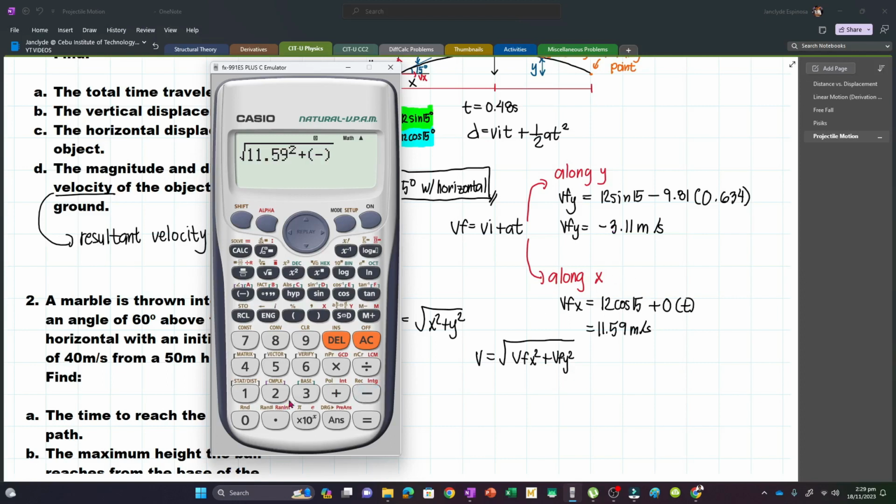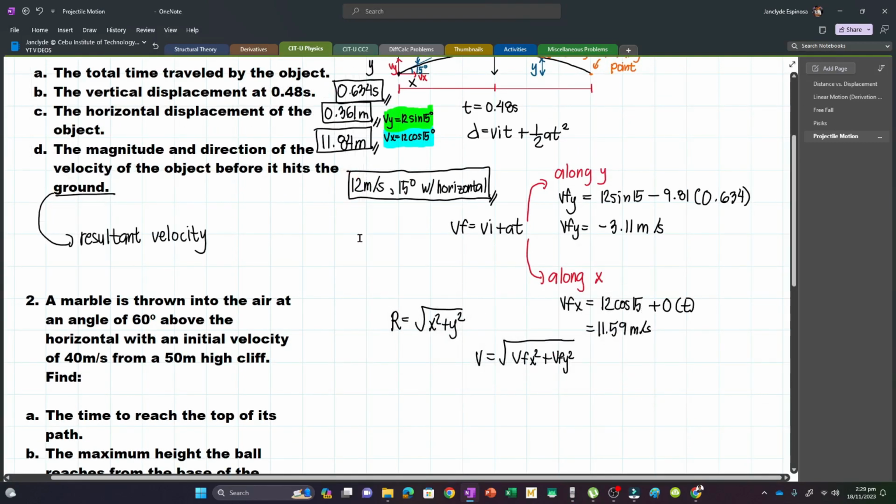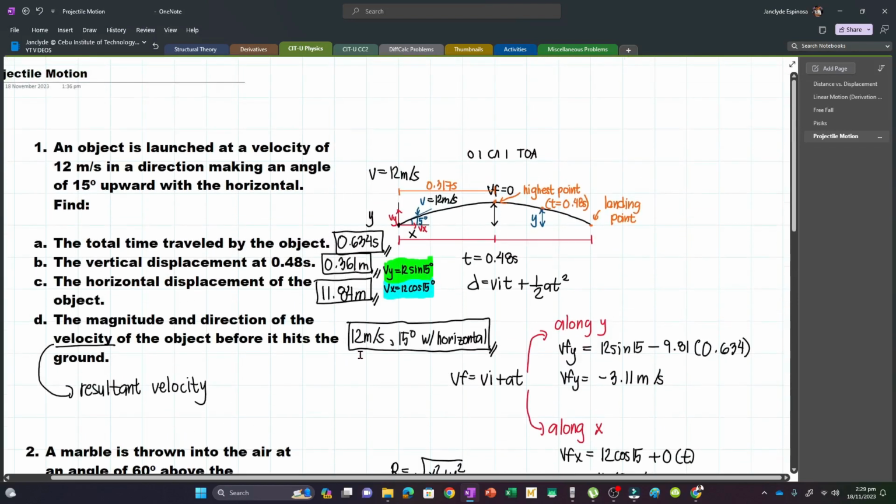So even if we put a negative there, it doesn't matter, it's still the same as 3.11 squared. The negative 3.11 squared and the 3.11 squared have the same result. And so we just square that. Notice that our answer is still 12 using the conjugate, the actual computation. But conceptually, you can answer it automatically: 12 meters per second, it goes back to its initial velocity, which is 12 meters per second once it reaches this point